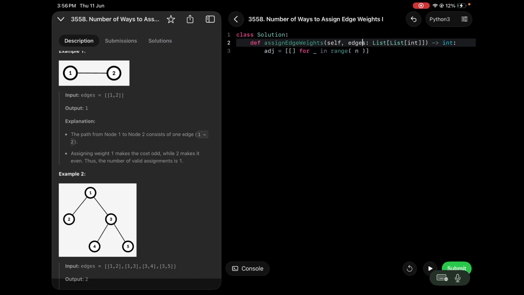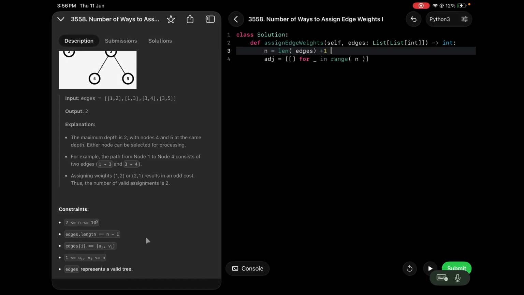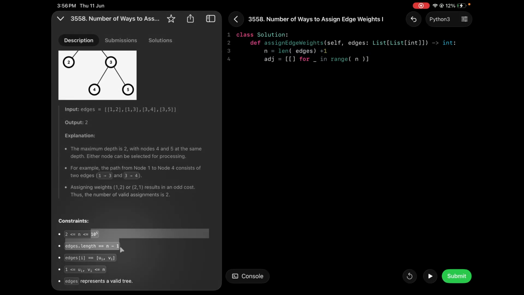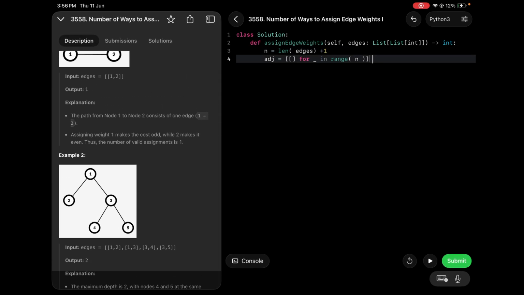The n should be n equal to length of edges plus 1, because the edges have n minus 1. Here you can see that the edges have n minus 1 length, but there are n nodes. So we increment here, and because it's one based indexing, I just put plus 1 here. Okay,